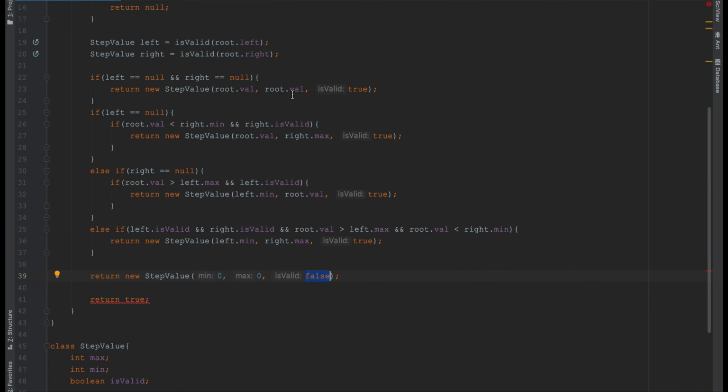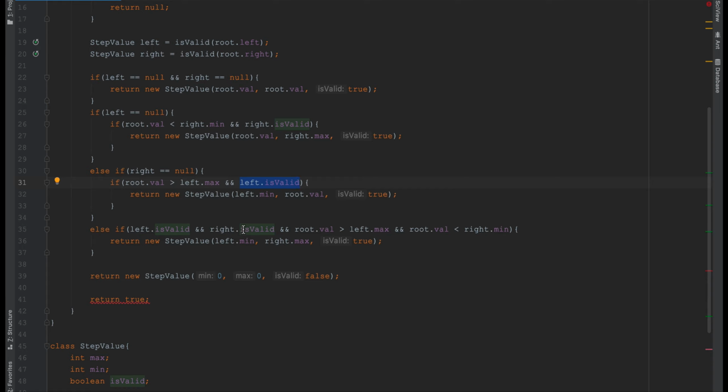That's why we are checking for isValid as the first thing in every condition. Before entering this if statement, we are validating if the right subtree is valid. Same here, we are checking if the left subtree is valid, and here we are checking if both of them are valid.